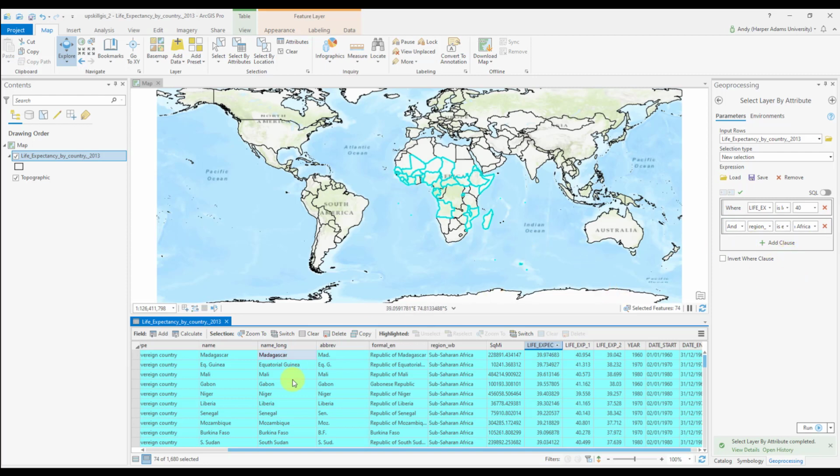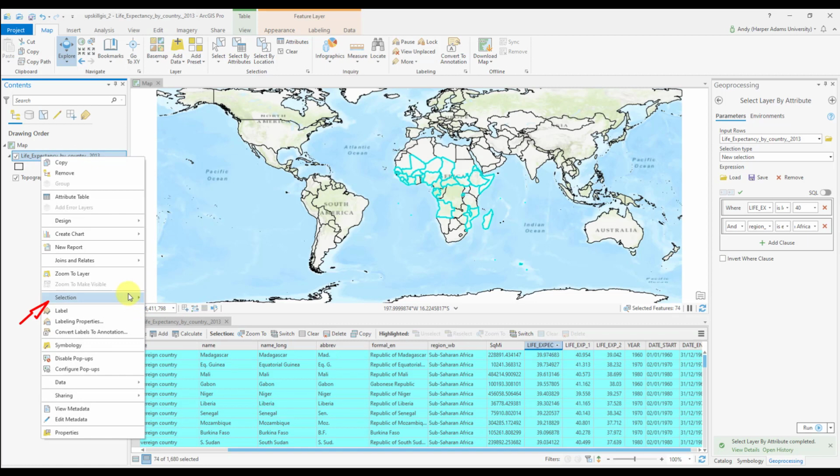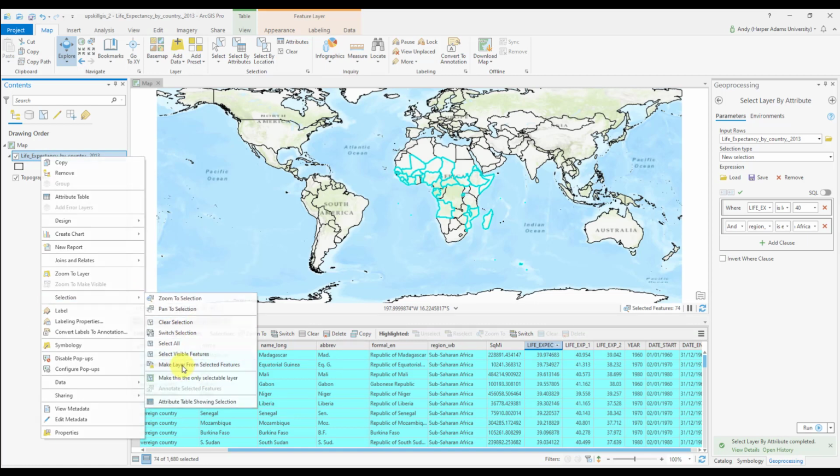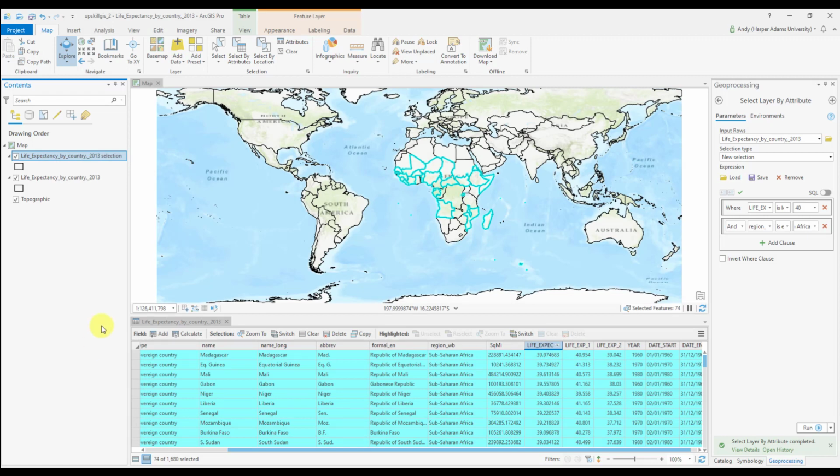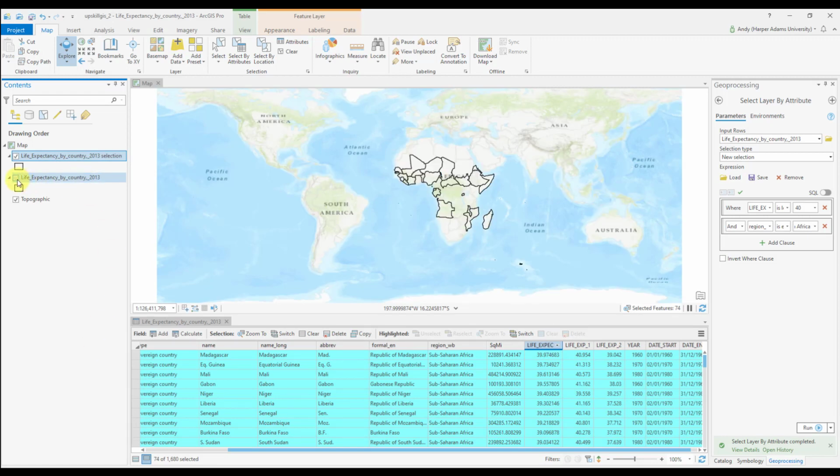And there's lots of things that we could do with this, but one of the really useful things is that if we right click and zoom to selection, I can make a layer from those selected features. I can turn off the original, and then I can,